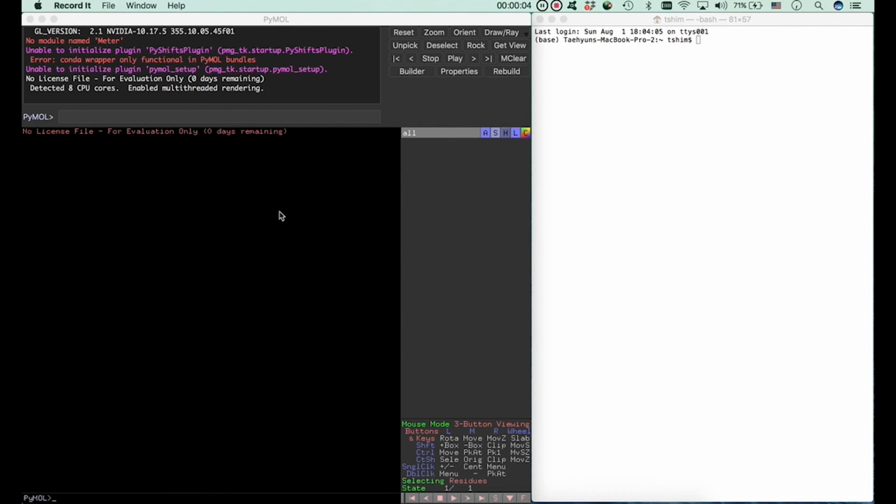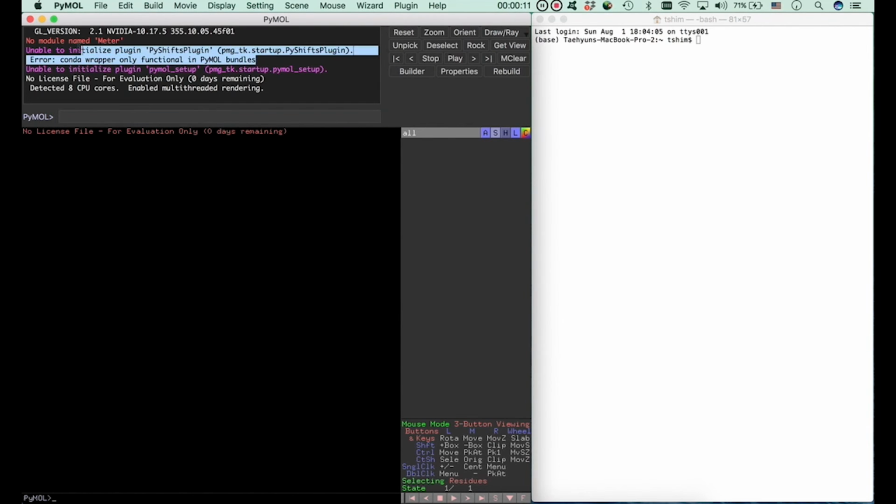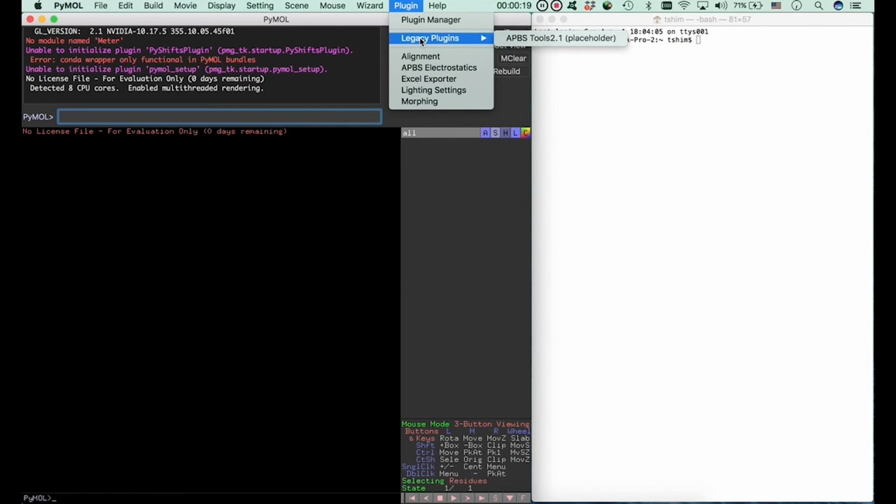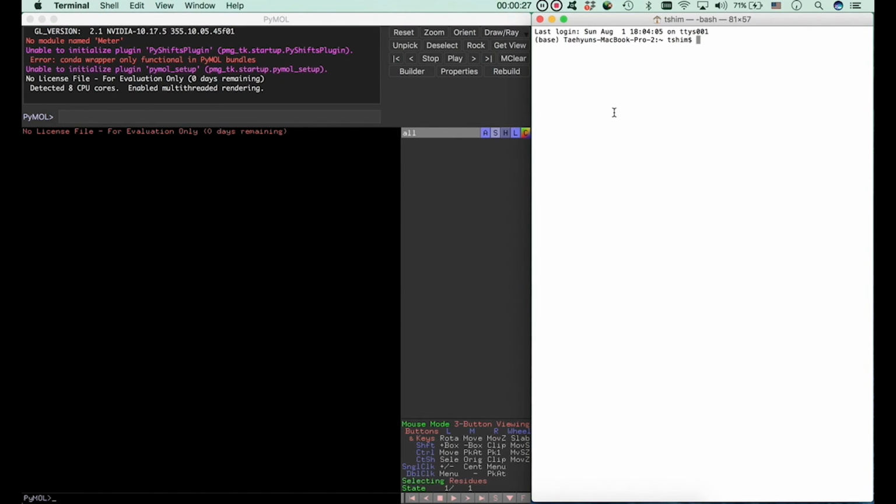Right, so an error that can potentially pop up when working with PyShifts and PyMol is an error that we call right here, no module named meter. This is going to come up when we just ordinarily open up PyShifts sometimes. What ends up happening is that when we go to legacy plugins, we see that PyShifts doesn't actually show up. And so in this case, what we're going to do is type in our terminal,